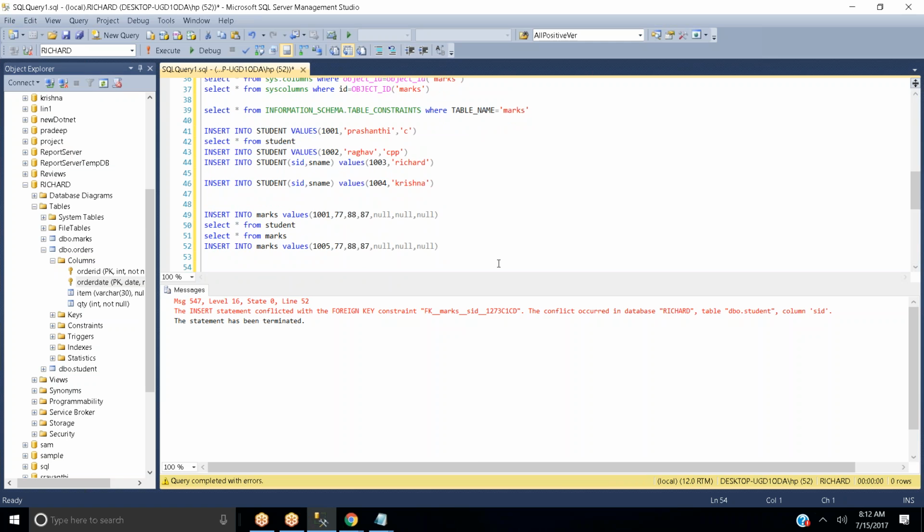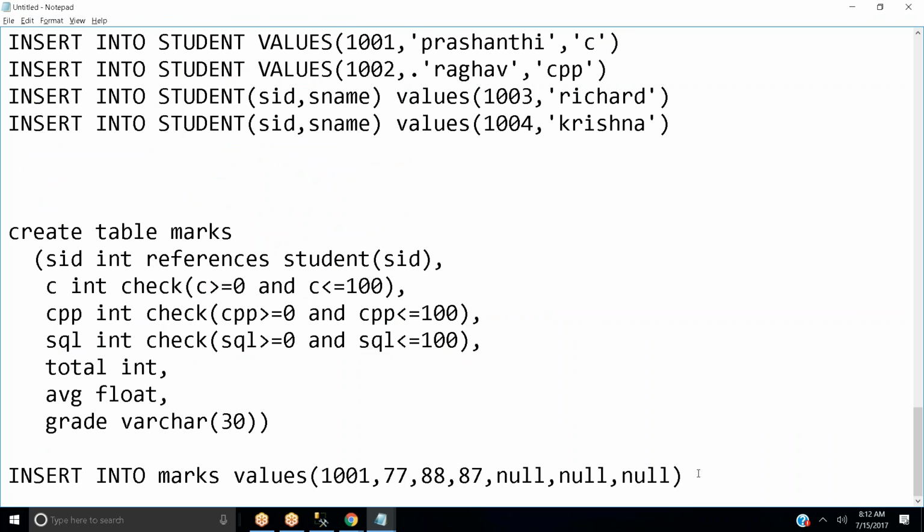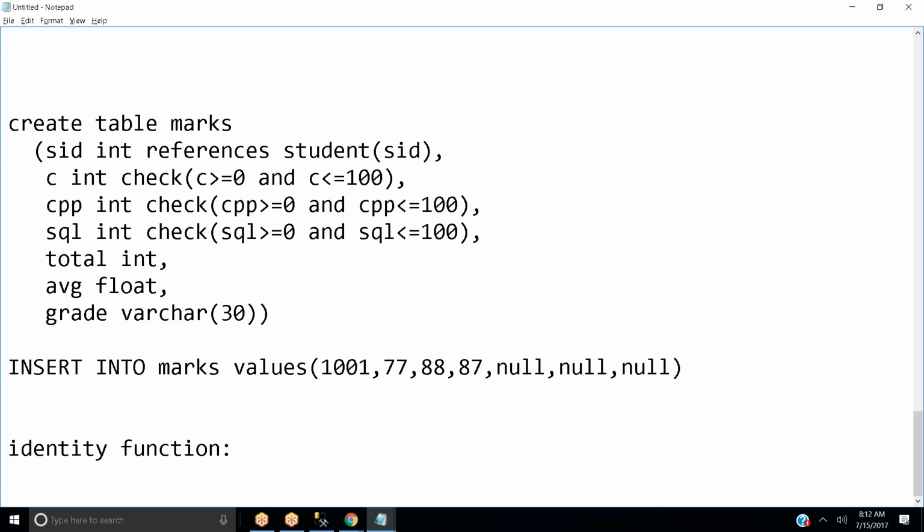And now we will try to see what is meant by the identity function. Do you have any idea what is meant by identity function? Now you have seen your student table.